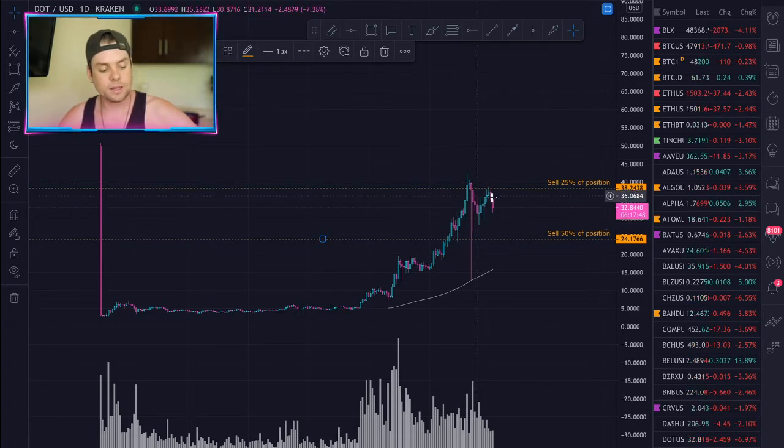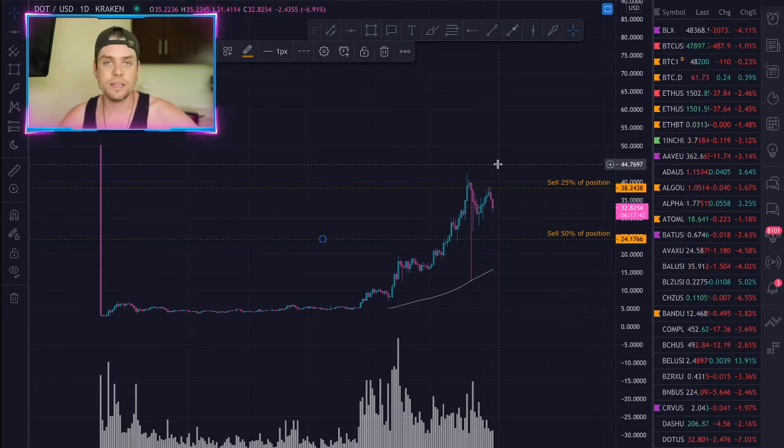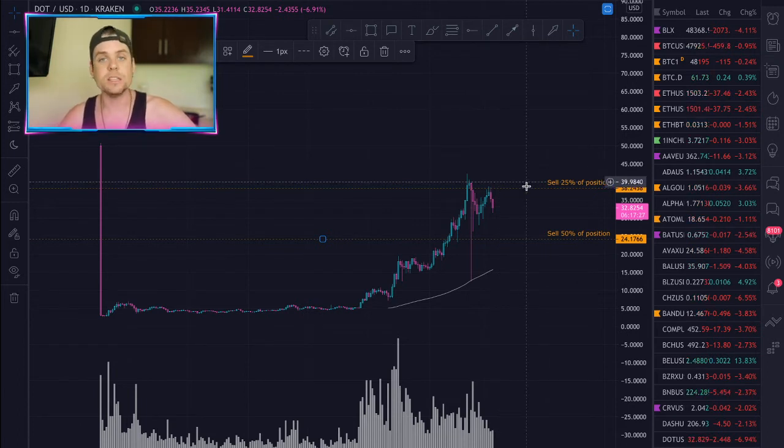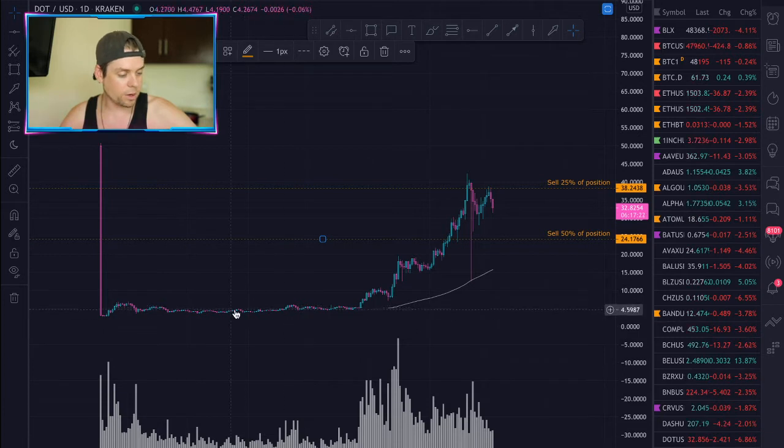So basically, by the time the PNF has been hit, I am choosing to leave a quarter of the position as a hold, as a long-term hold. So I inject capital into the trade, I take profits along the way, and I leave a position for the long term. That's a fantastic way to use these PNF targets. So basically, if you were actually down here in the accumulation range for it, let's see what you would have gotten on the backup here.